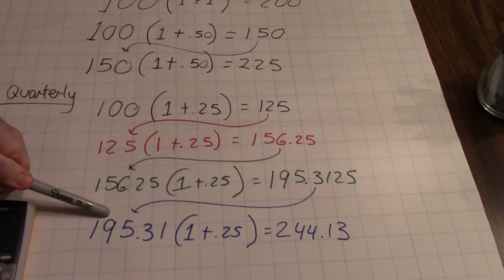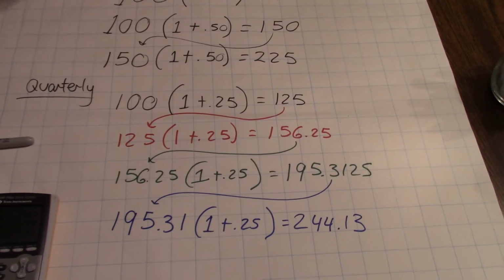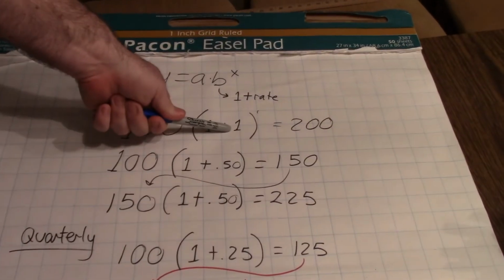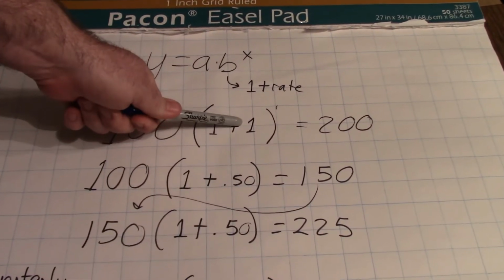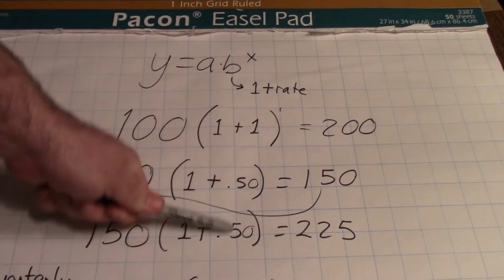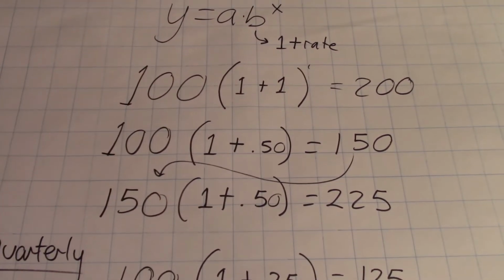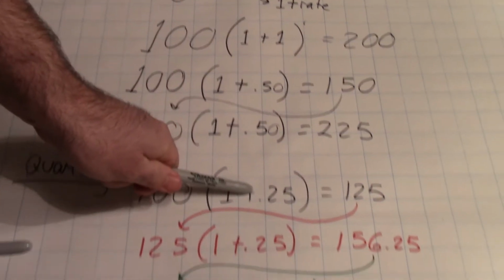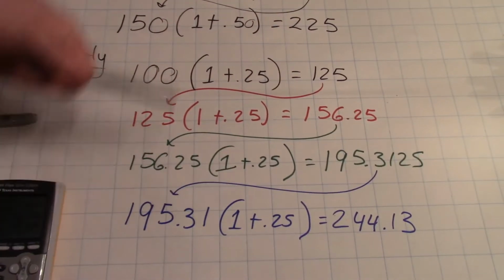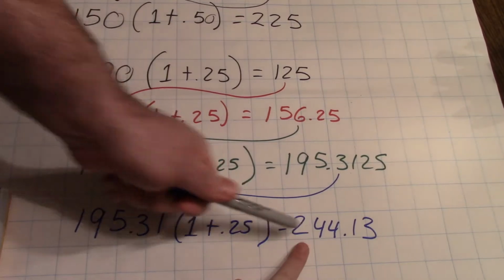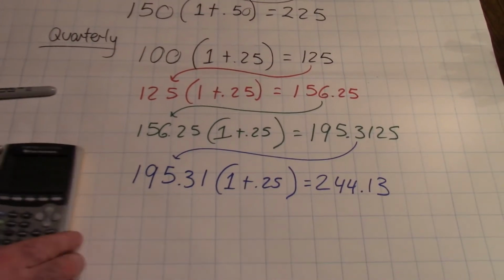So 4 times a year, same interest rate. 100% interest rate. So I started with 100% once a year. 100% that was compounded twice a year. And 100% that was split up 4 times a year. And you keep getting more money. Okay, notice here in my calculator it says